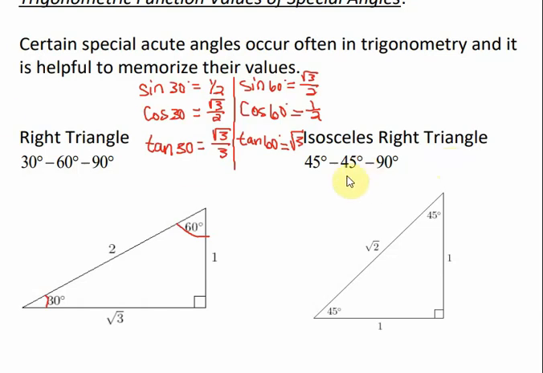Now for the 45, 45, 90 triangle, we can do the same thing. Of course, we only have to do it once because either way, we're on an angle that's 45 degrees, and the opposite of this angle is 1. The adjacent is 1. The opposite of this angle is 1. The adjacent is 1. So if we do sine, cosine, and tangent of 45 degrees,